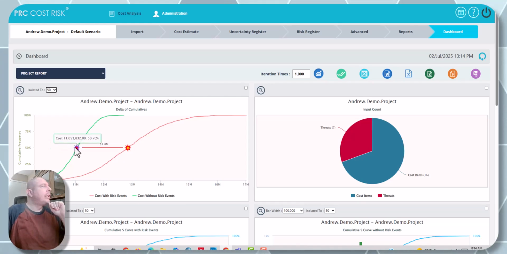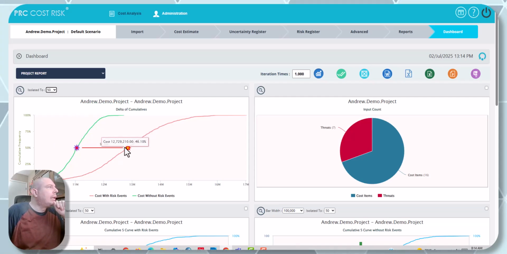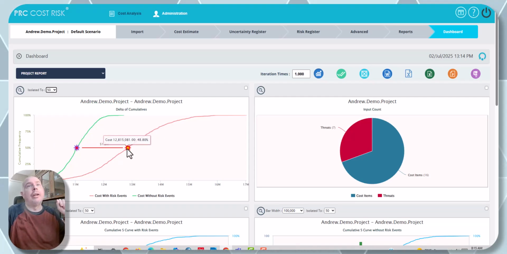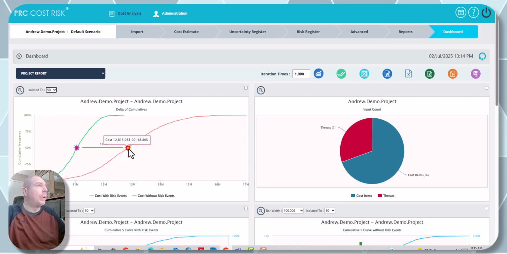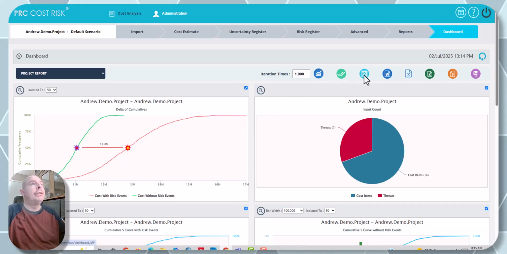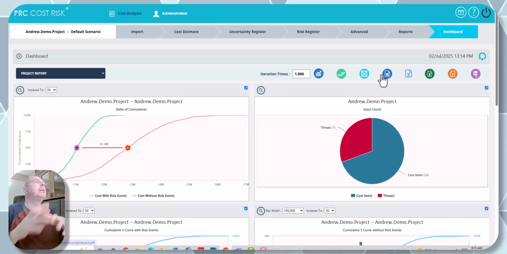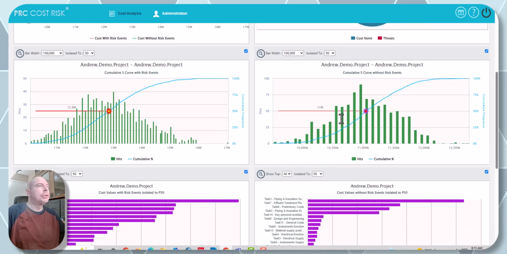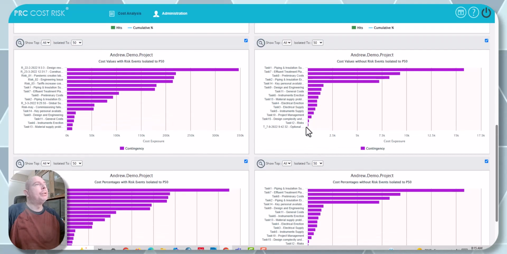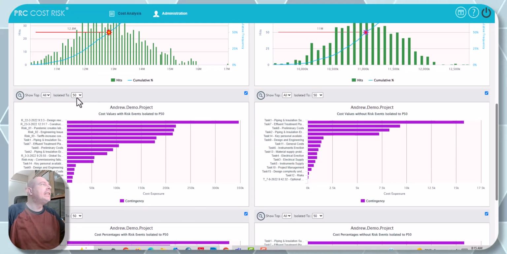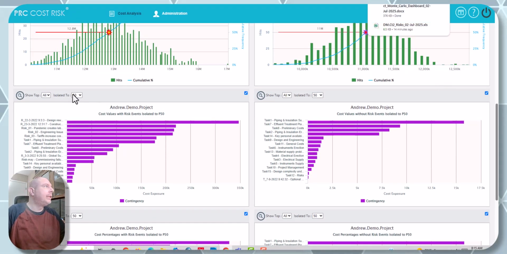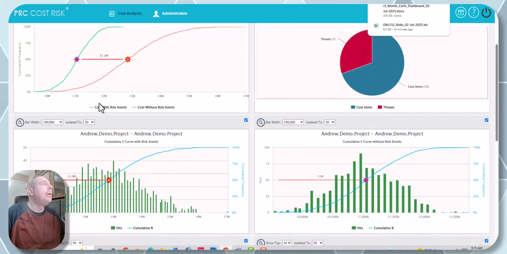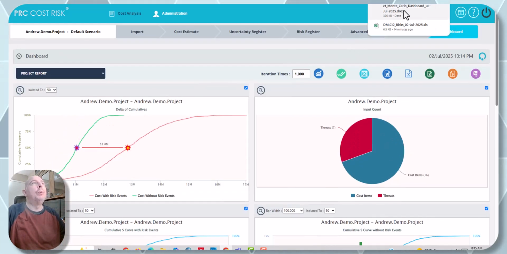So here's my P50. You can see the starburst on here. It's an $11 million estimate. When I look at the overall uncertainty, or the overall results, it's about 12 million. All I have to do is hit this double check mark button and hit the Microsoft Word button. You'll see I've got multiple charts down here, including my tornado charts. We can isolate the data to whether it's a P50, P100, whatever probability value you want. But at one click of a button,